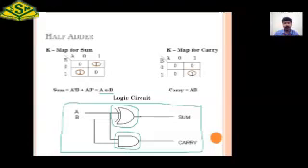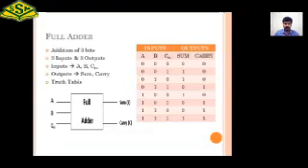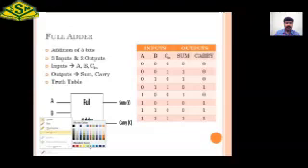So we are moving on to the next circuit, that is a full adder. In a full adder, we will have 3 inputs: A, B, C in. That means in the next stage, we can add the outputs from the previous stage and add a new input. That's how a full adder compensates for the drawback of a half adder. As you can see on the screen, here the full adder has three inputs, that is A, B and C in.